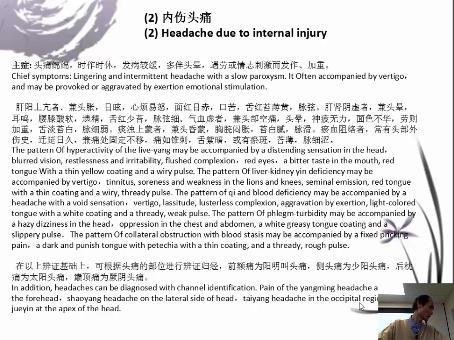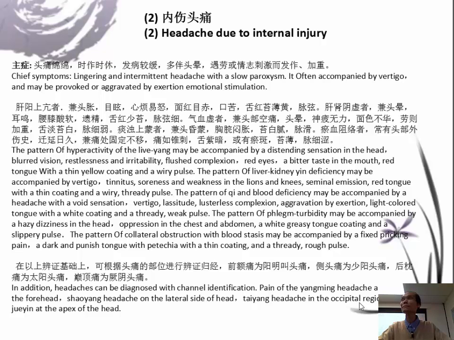And then when we are concerned about internal injury, there can be many types. Usually, the headache is long-lasting. It's not rapid, and sometimes it happens on and off. When it happens, it always comes with dizziness, and also sometimes vertigo. This is always stimulated or activated by some emotional disturbance,